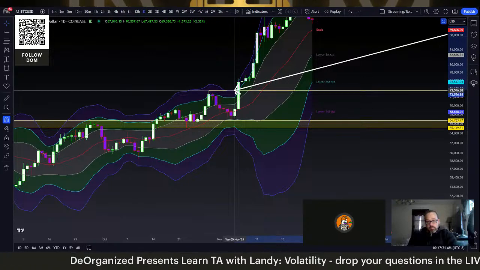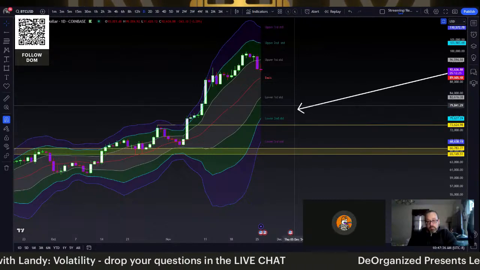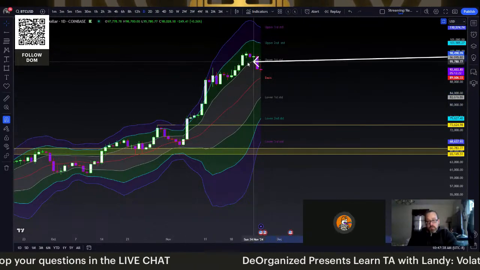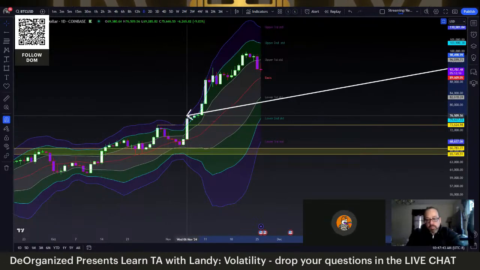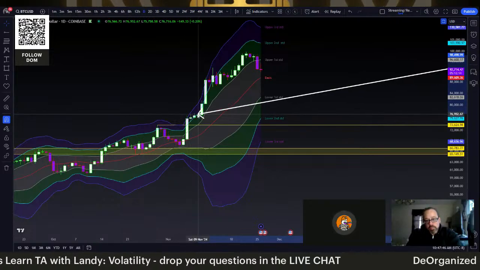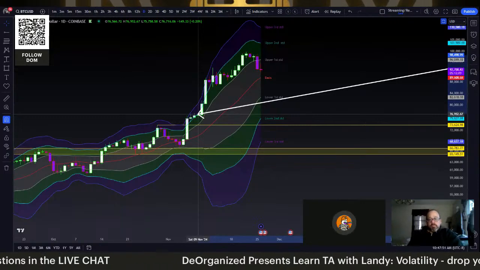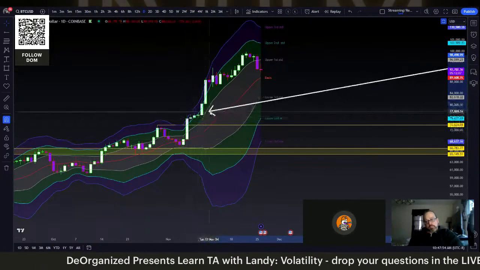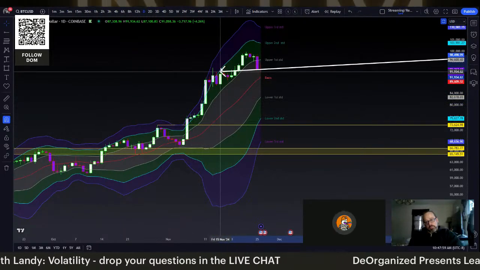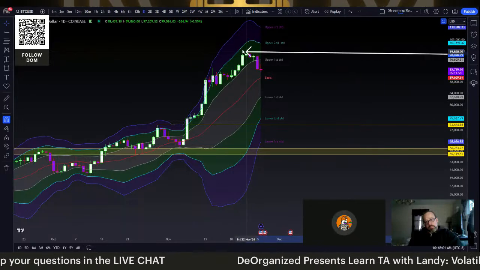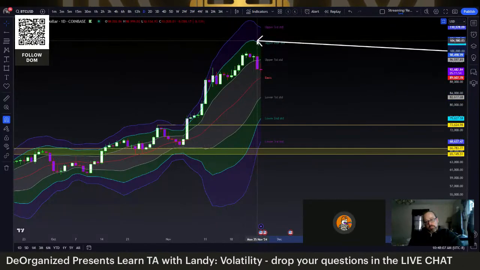Bitcoin chose the upside, kicked off very aggressive expansion across many different time frames to the upside here. And now we're seeing it back in because we see compression of the bands here, and we got closes outside of it. As long as we're closing above the upper second, we're continuing that expansion, and we're not looking for a reversal. And as long as we're above that upper first, we're going to continue that trend of expansion. And you see that even closing above it, tapping on it again, closing above it, we can even get retests when the band's passed,